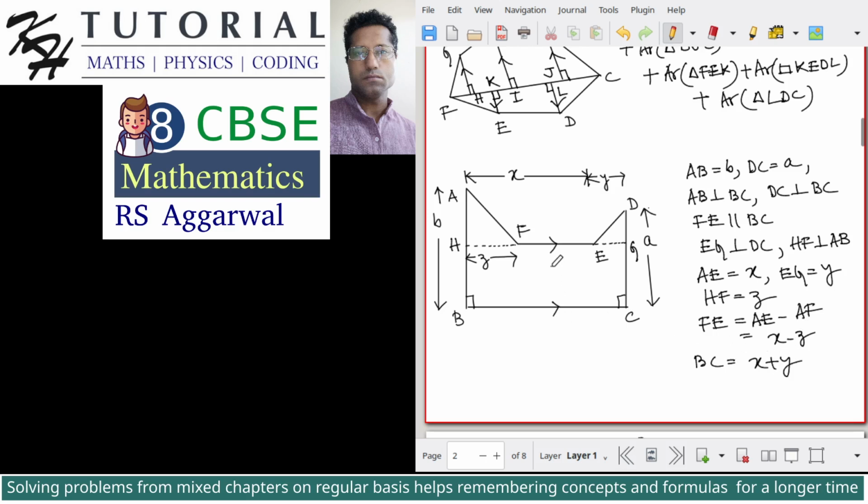Now notice that we have one rectangle HB, so we have two triangles, so we can say that the area of this entire polygon, that is hexagon ABCDEF will be equal to the area of triangle AH